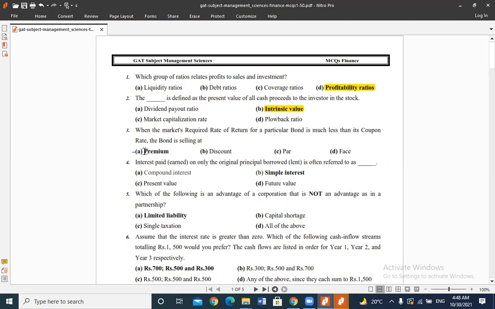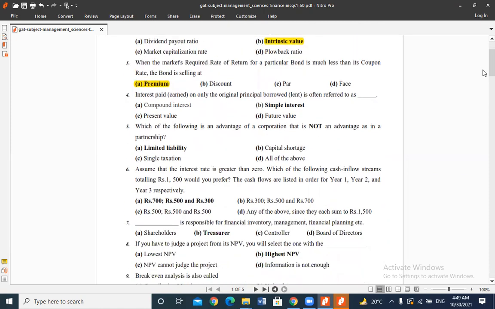It is premium bond. Okay, you can note only the answer, not the other options, because if you focus on other options, you can forget the right option. Okay, focus on the answer only. Now,